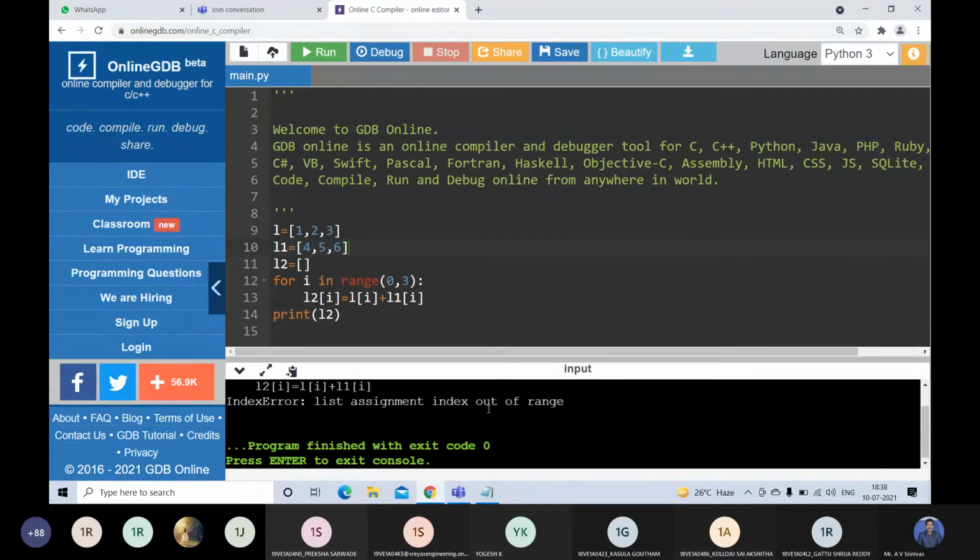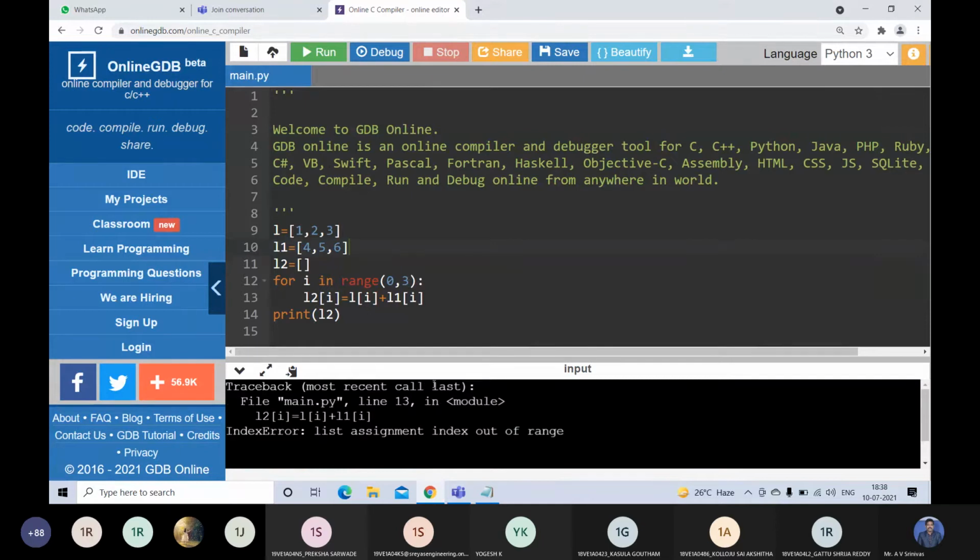list assignment index out of range. What happened?